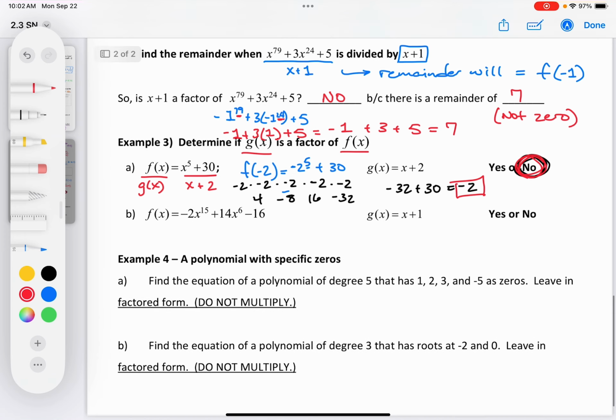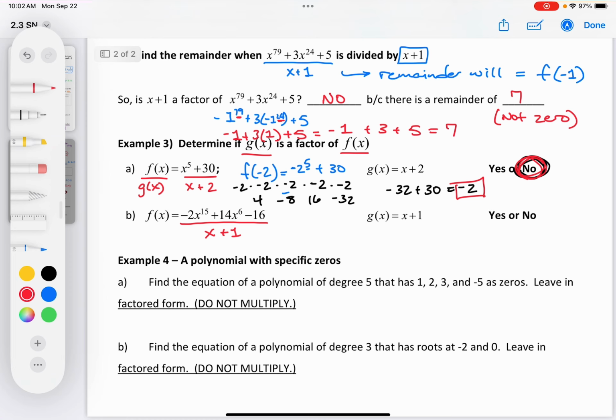Now on B, same thing, it says determine if g of x is a factor of f of x. So it would be like taking this and dividing it by that. And you could divide it out, or you could use the remainder theorem. And we can say that f of negative 1 remainder will tell us if this is a factor or not. So if I plugged in a negative 1 everywhere that there is an x,